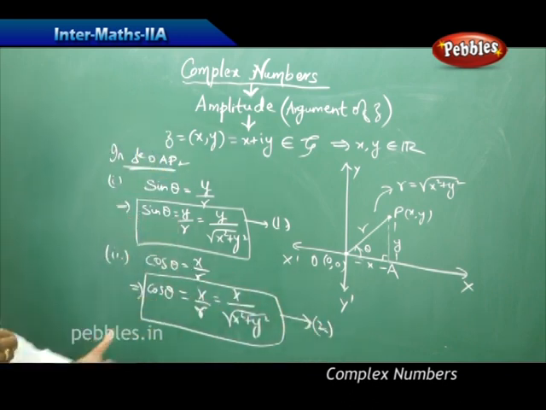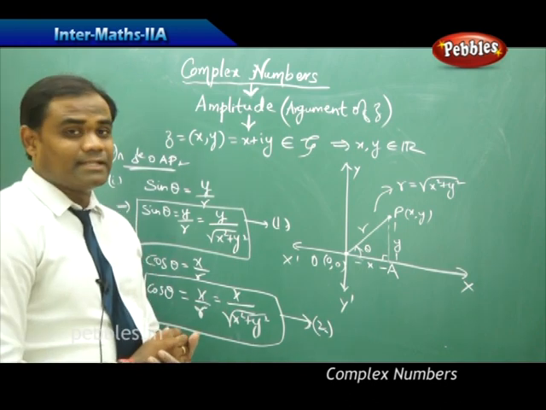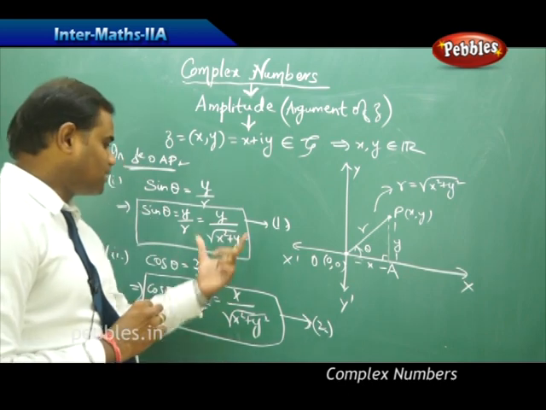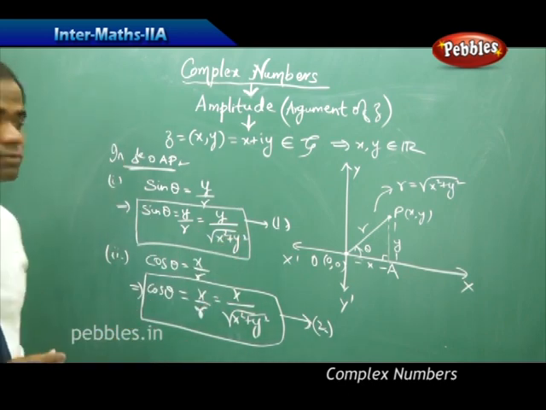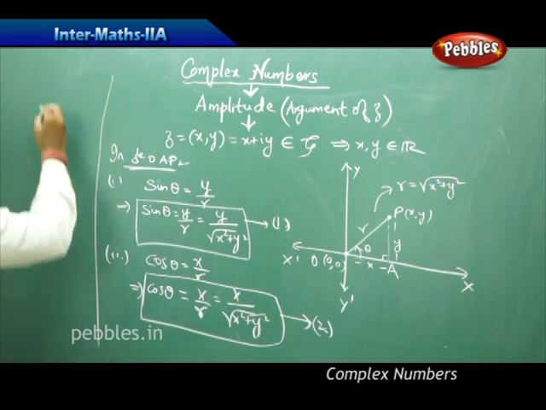Is what I get from equation 1 and 2. Now the amplitude of z is defined as the value of theta which satisfies both the equations 1 and 2. So here we define